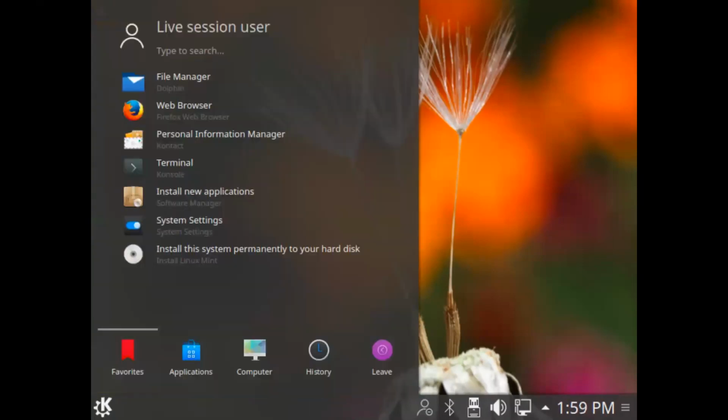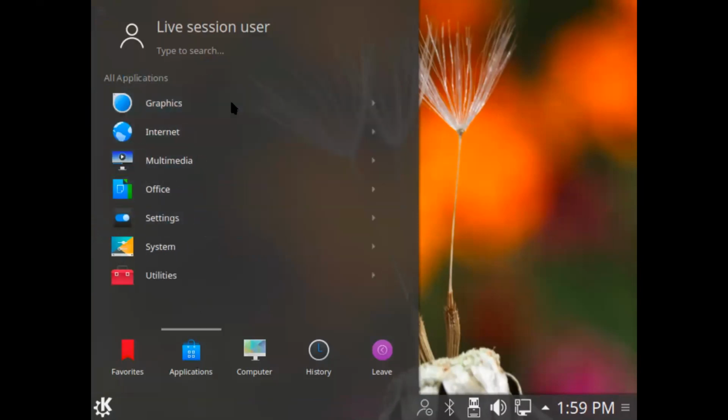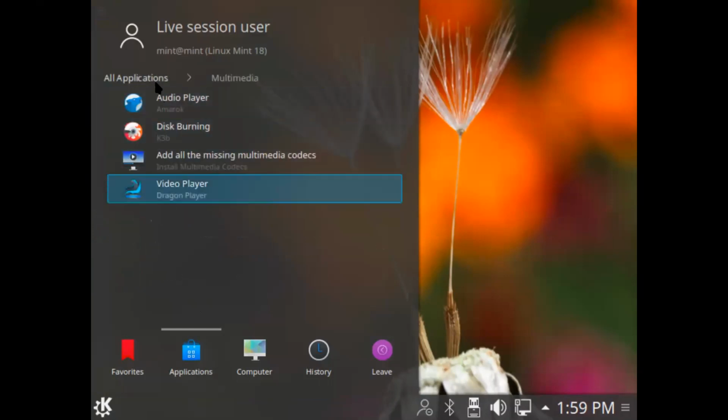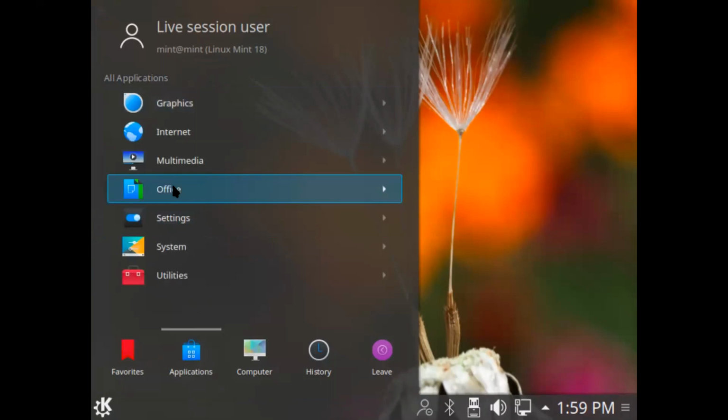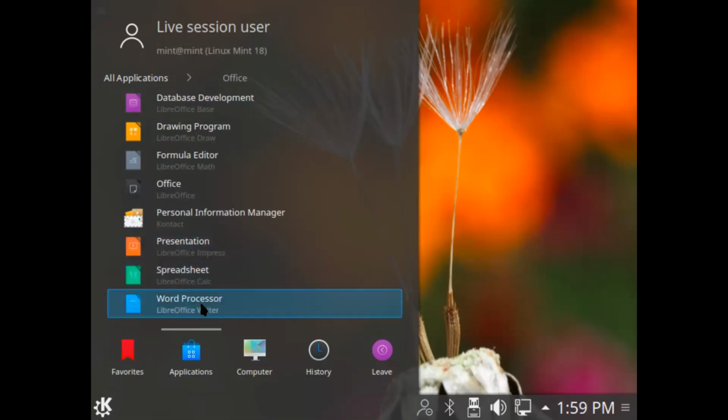You have some already installed tools and applications. For graphics, you have different applications, and for internet, you have different applications. Multimedia, different applications. Office applications, right? You can see spreadsheet, LibreOffice spreadsheet, PowerPoint-like presentation. These are free.